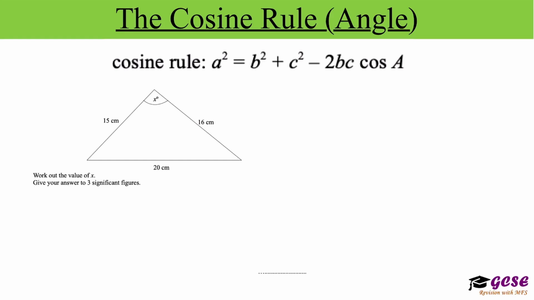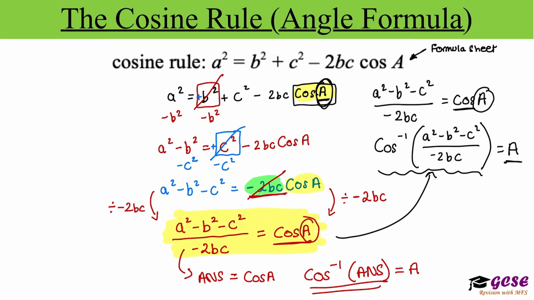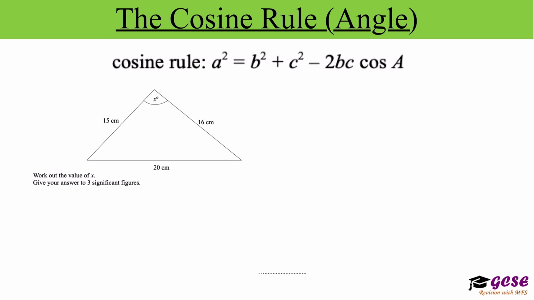Hi everyone, and welcome to this video on working out the angle of a triangle using the cosine rule. So in our previous video, we've already looked at how we can derive the angle formula from this complicated cosine rule, okay? And we looked at the angle formula which we derived, which was this formula here. And now we're going to use this formula to answer questions that you could possibly be given in an exam,